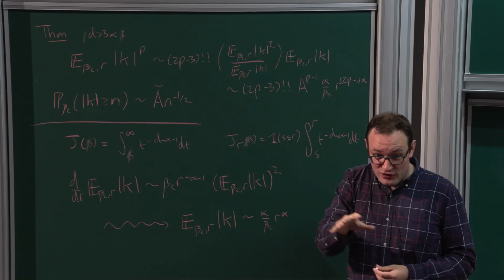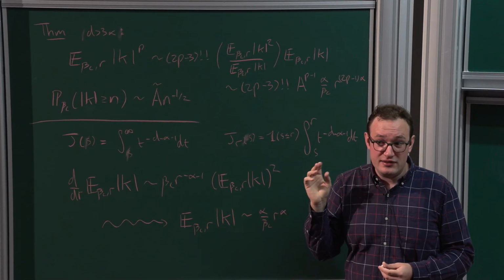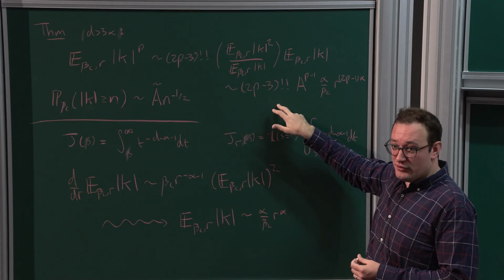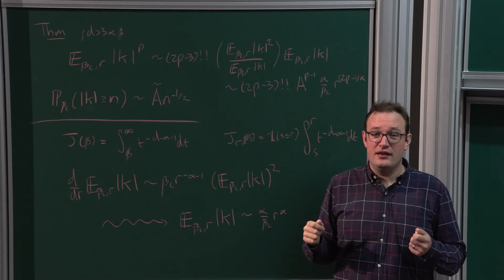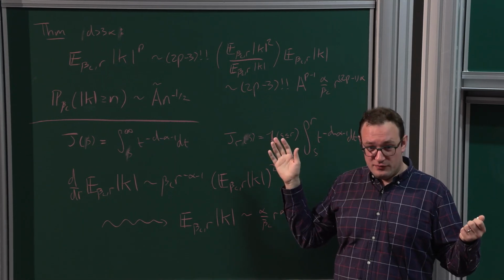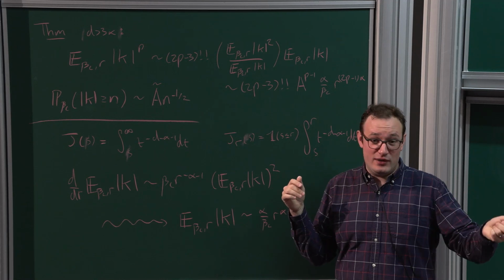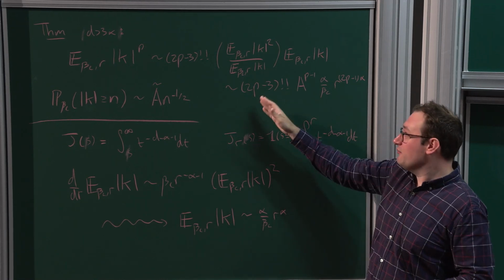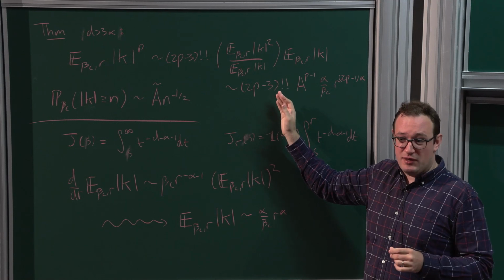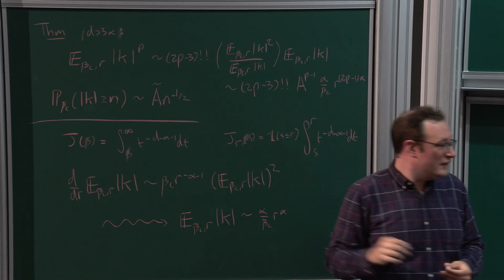You're going to get some coefficients there, and those coefficients are ultimately encoding what the scaling limit is. So, for example, the fact that you get these (2p minus 3) double factorial terms is telling you that if you look at the cluster at the origin under this cutoff measure, and you size bias it and you normalize and you take the limit, you get a chi-squared distribution. Basically, these are the moments, maybe after some shift by 1 that corresponds to the size biasing, of the chi-squared distribution.